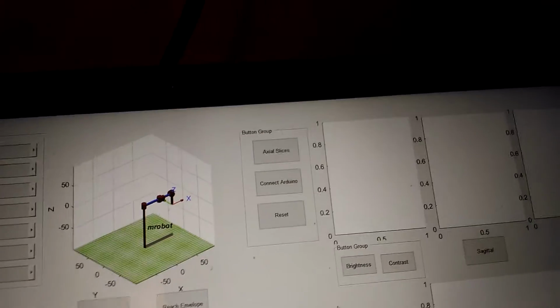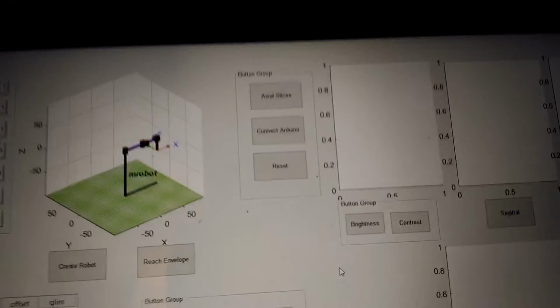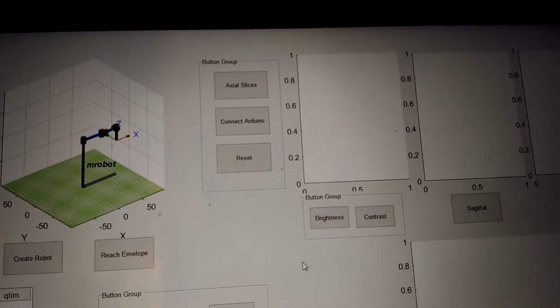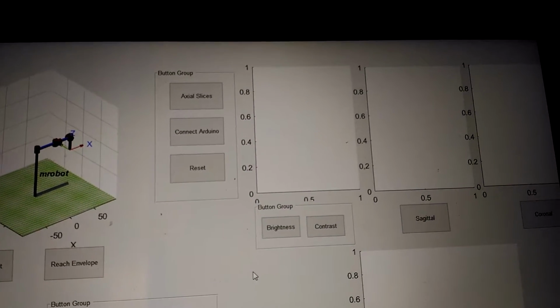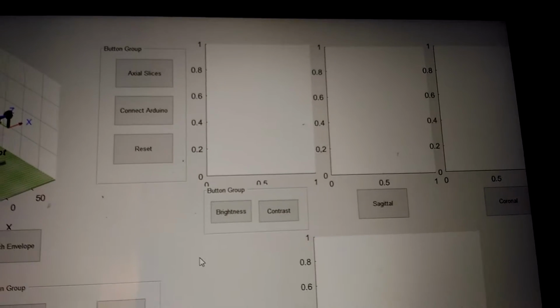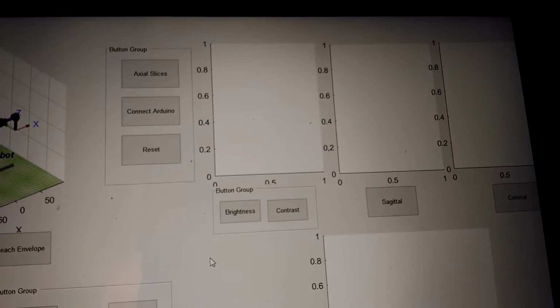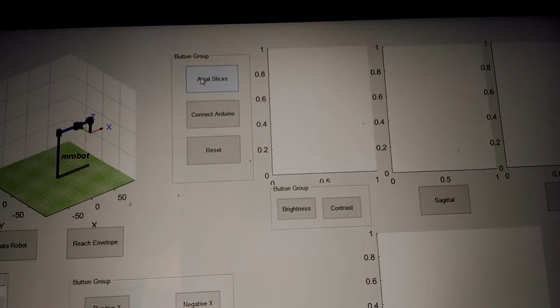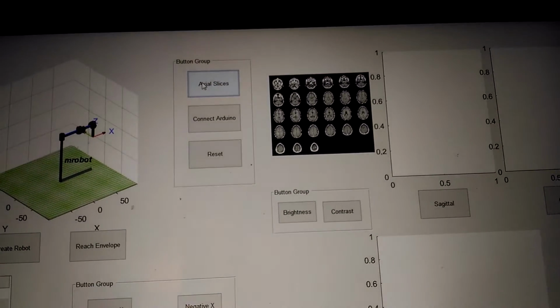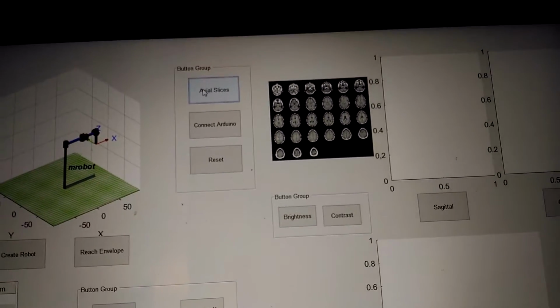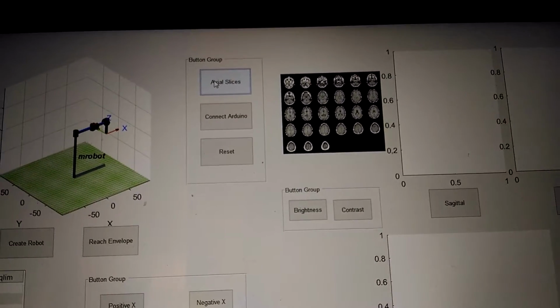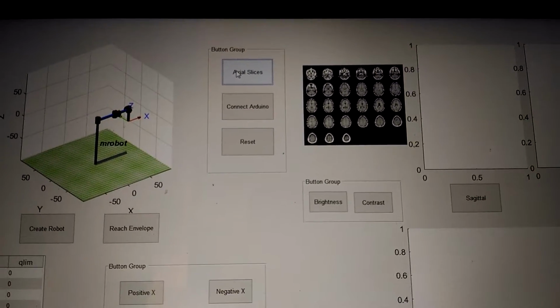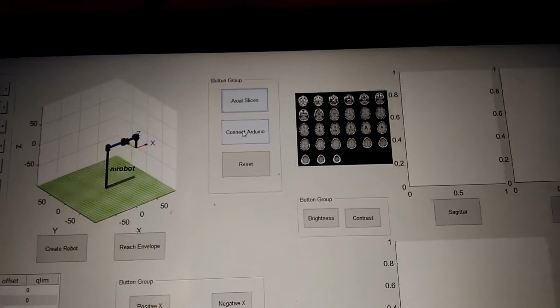Now let's go to the image processing part. Here we have loaded several MRI images which consist of 3 different types, which include axial images, sagittal images, and coronal images. I press axial images, you can see axial images, and the map of that is getting presented in front of you. And when I press the connect Arduino button,